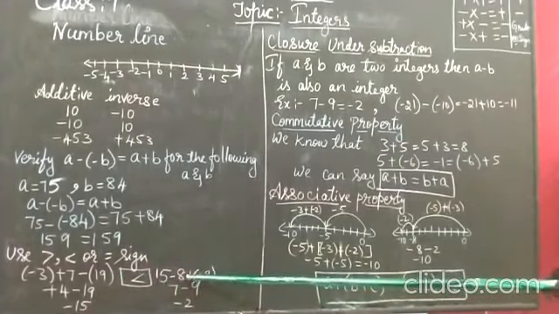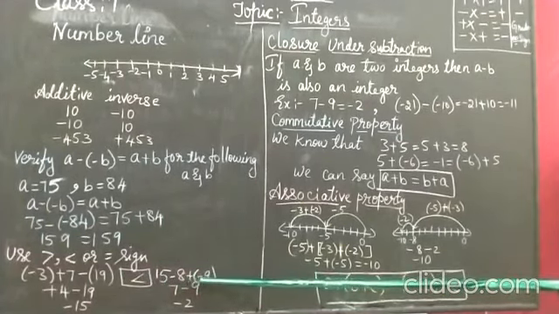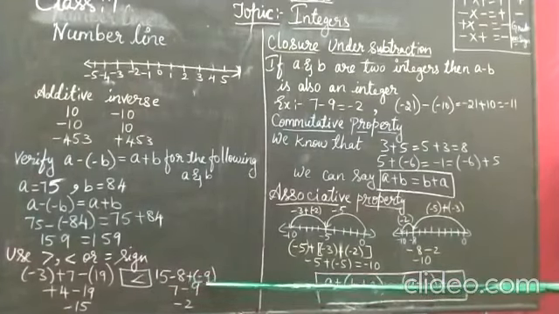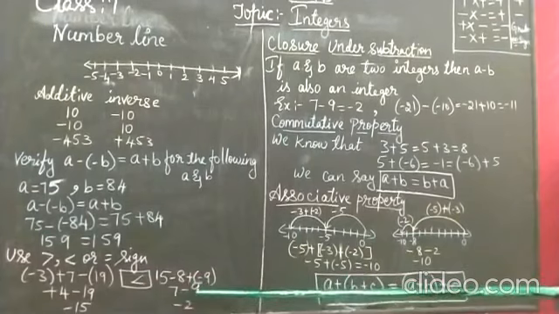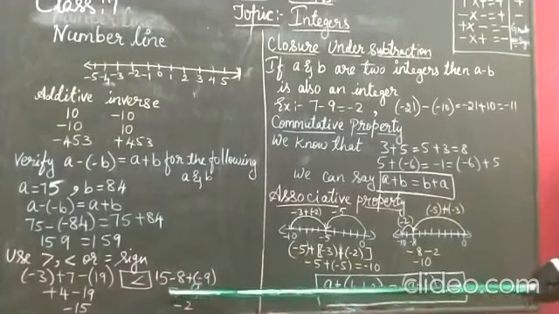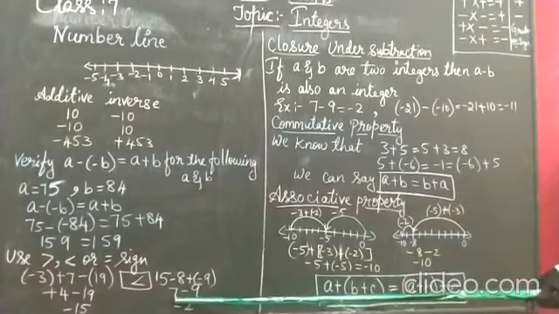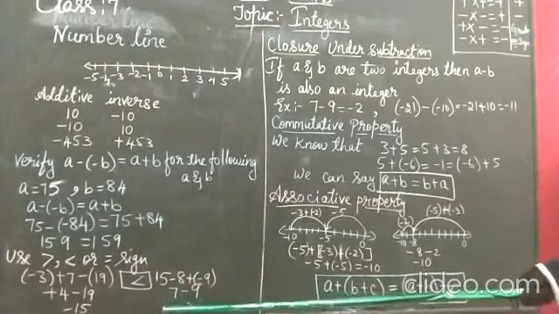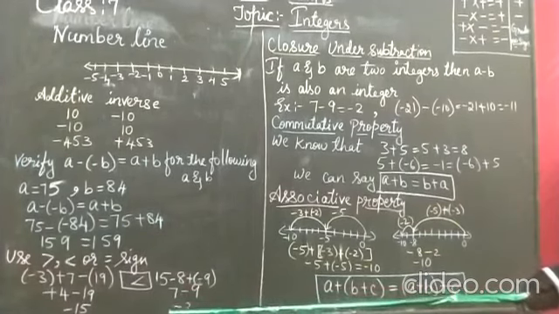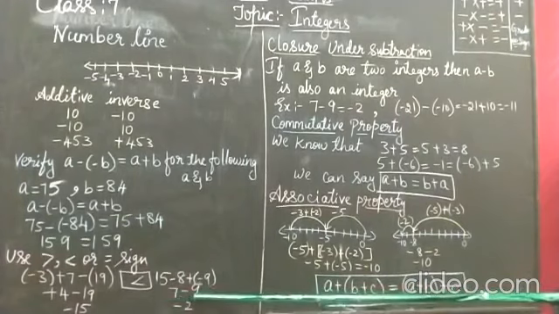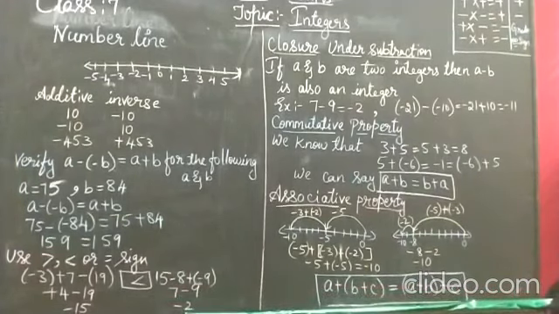Here you can see two signs are there. First you should multiply both the signs. Plus into minus is minus 9. 7 minus 9. This 7 does not contain any sign. It means whenever there is no sign for the number, it is positive. Plus 7 minus 9, it becomes minus 2.